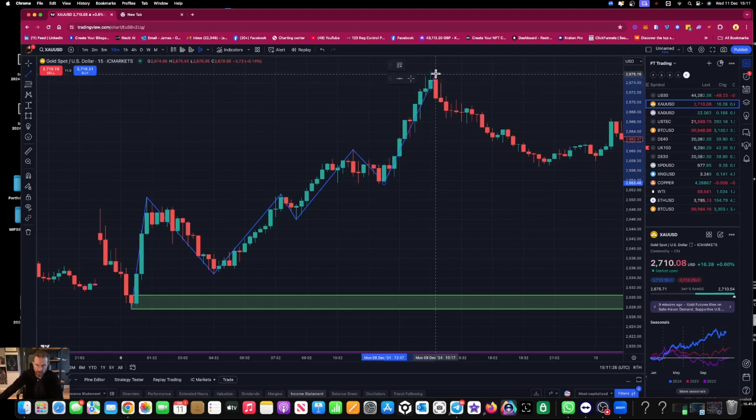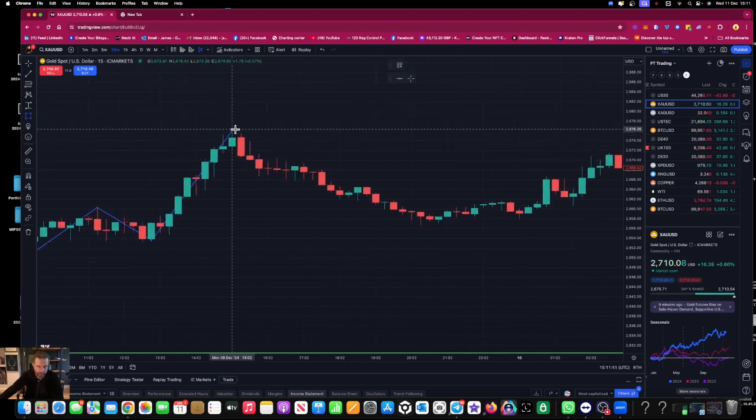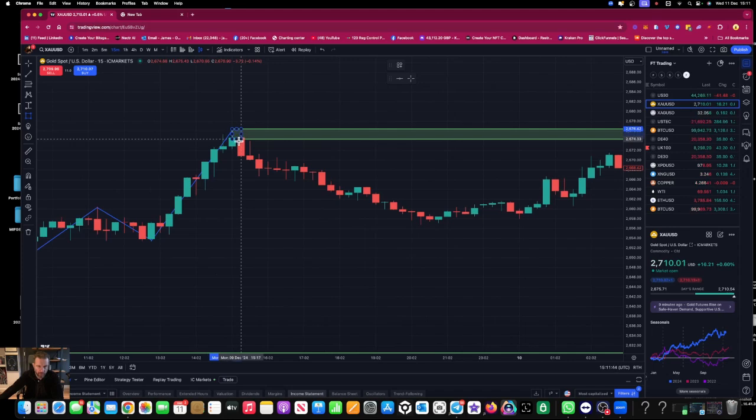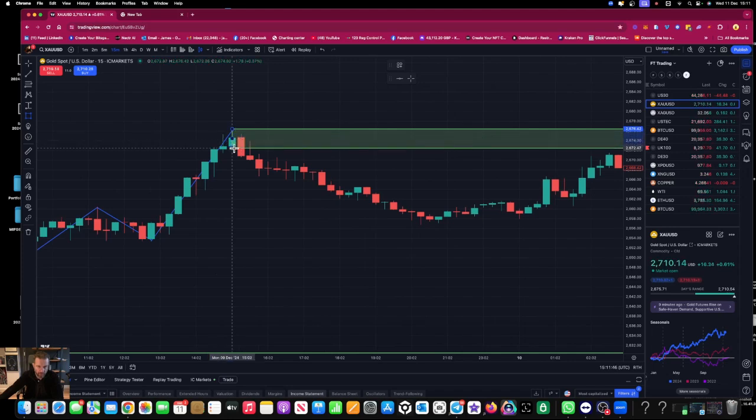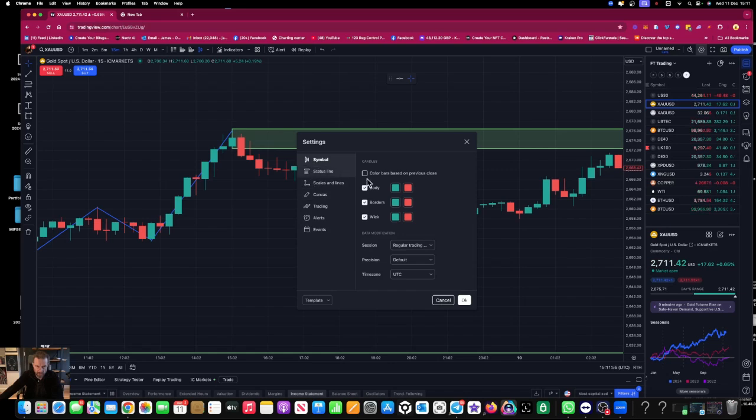So it's a waiting game really, and now there's obviously, that's not a big massive move, but it's bigger than the other moves. So for the purpose of this, I'll just put that in there. So I get the high of the previous bar, and then I draw that down to the low of the previous bar, which is about there. And then because it's a selling position potentially up there, then I want to be changing my colours